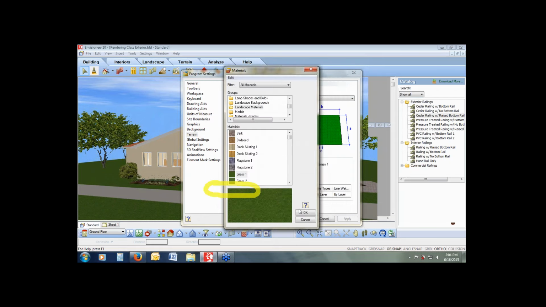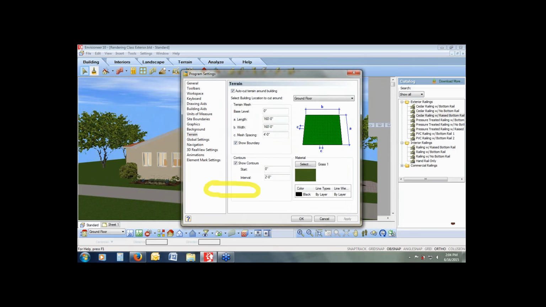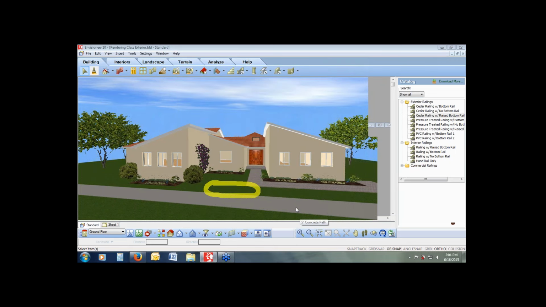I'm going to click OK. And OK. And once again, OK. So the background itself is a material, the grass itself is a material, and you should adjust them to make sure that the background is a high resolution image. I try to take one that's not as busy as the others, so it really puts the emphasis on the